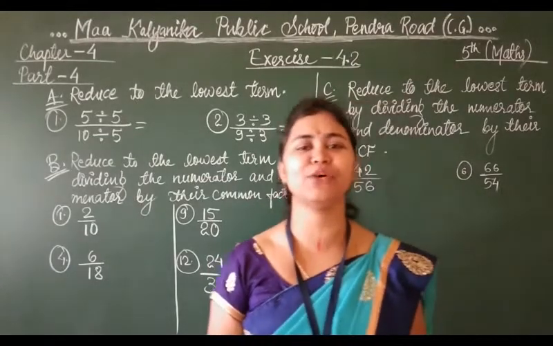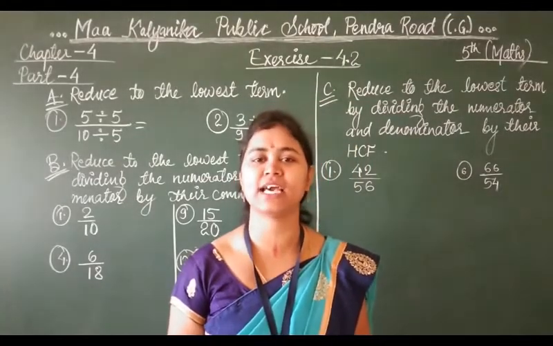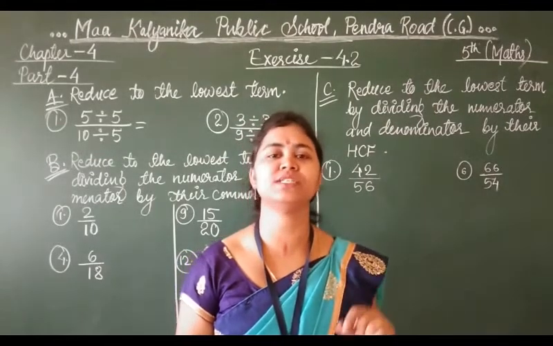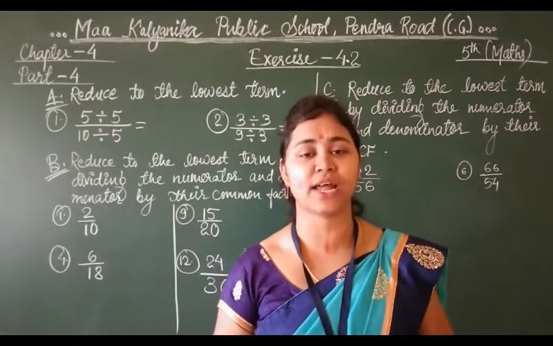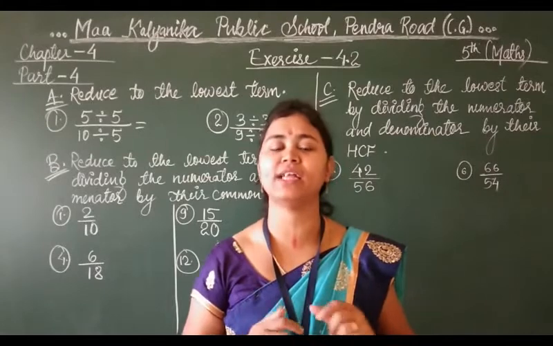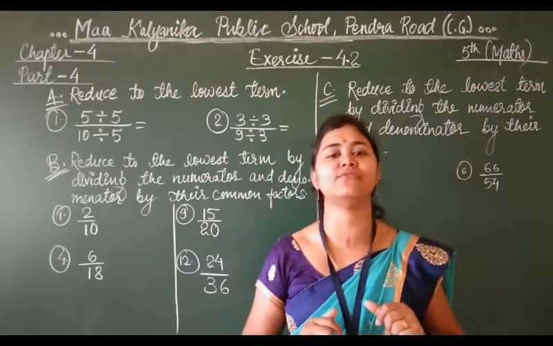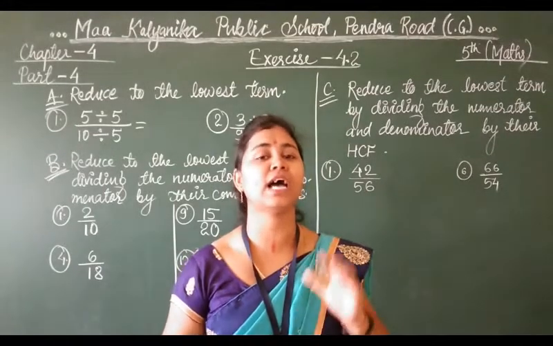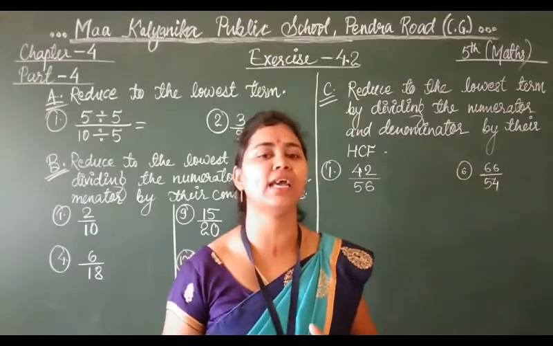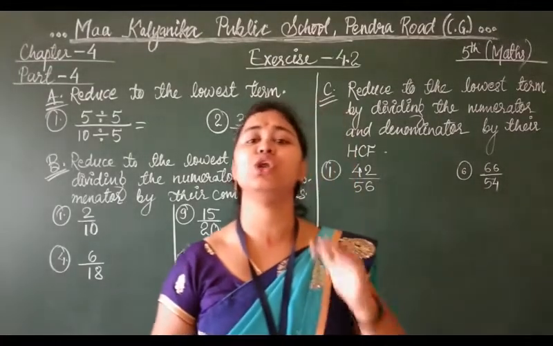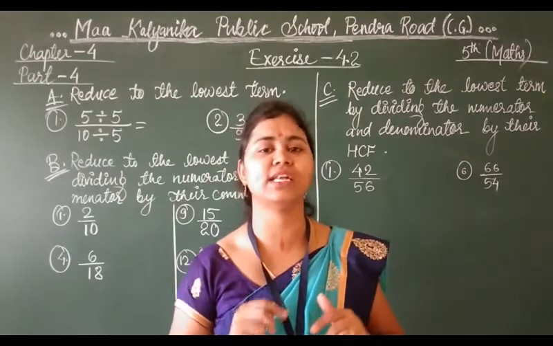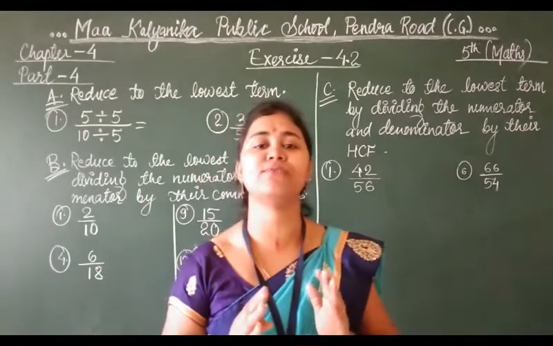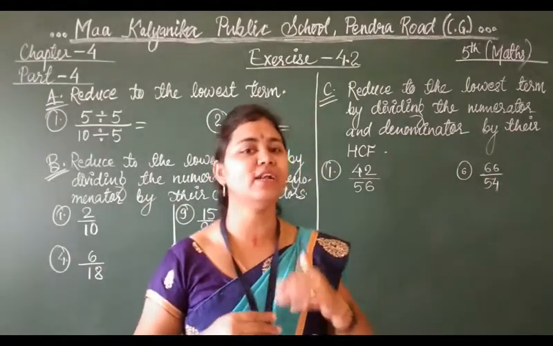In this video, I am going to teach you class 5th maths, exercise 4.2. Students, in exercise 4.2, the questions are related to the equivalent fraction, how to find the lowest term of the equivalent fraction. I told you in exercise 4.1 also how to convert it into lowest term and highest term. For converting into lowest term, we are dividing the number by a common factor, which will be the last common factor, and it cannot be divided further.